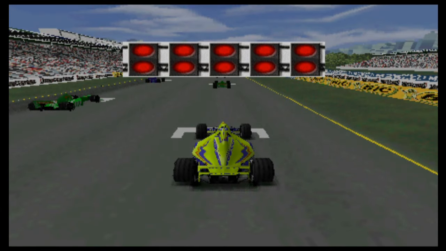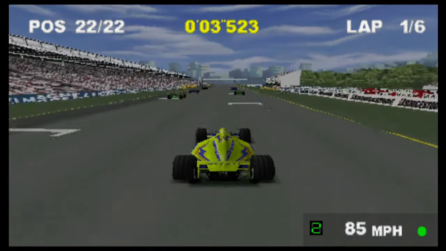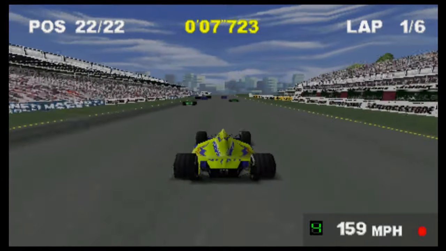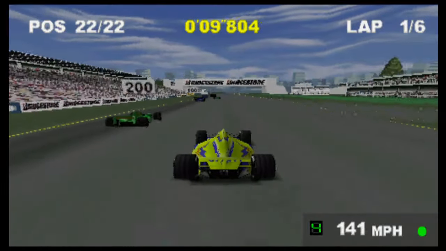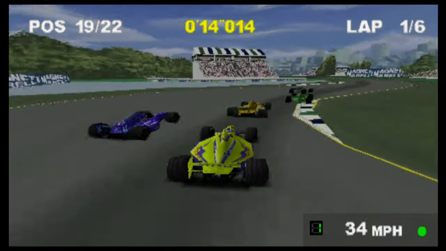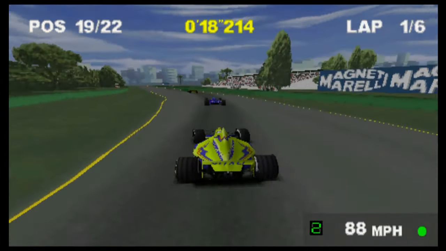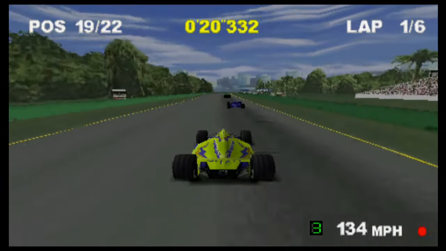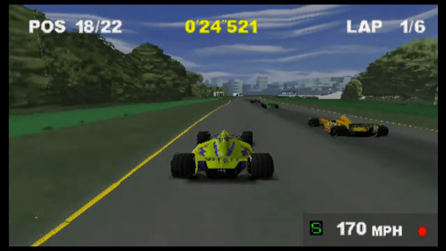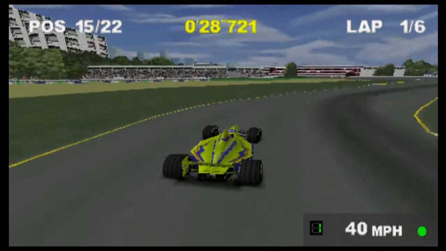Anyway, so the 5 lights go out, and it's away we go at Australia in 22nd position, of course, because I didn't practice or qualify, and off we go. So yes, as you can see, the graphics in this game are pretty impressive, it has to be said. The frame rate moves very, very fast, and the one thing I have to say that's very impressive in this game is the AI. Now, as I said, if you do a 100% race, the AI will pit twice,